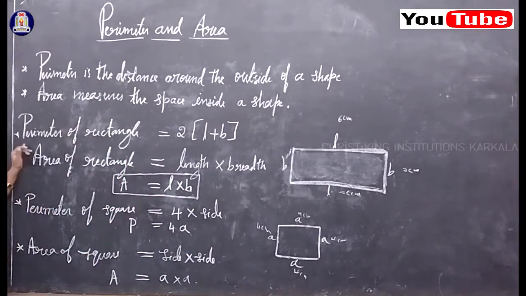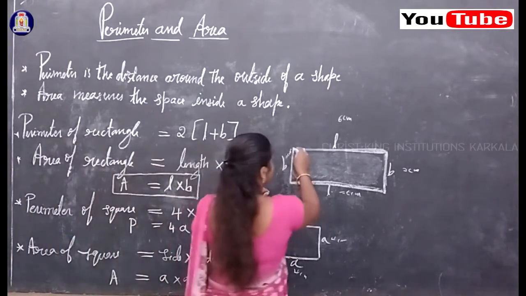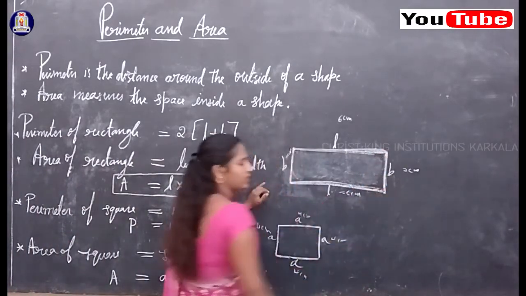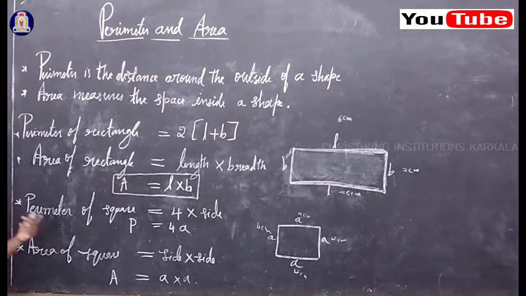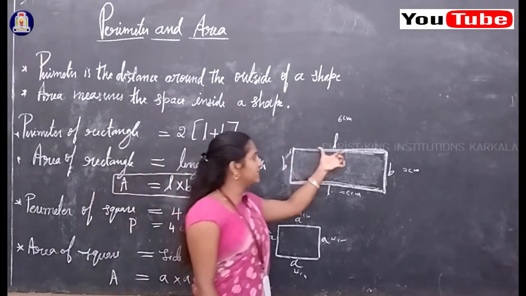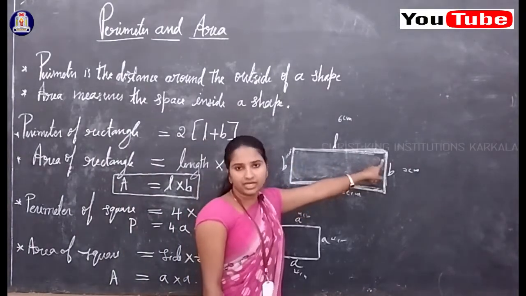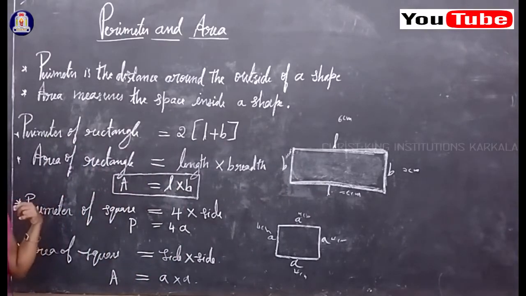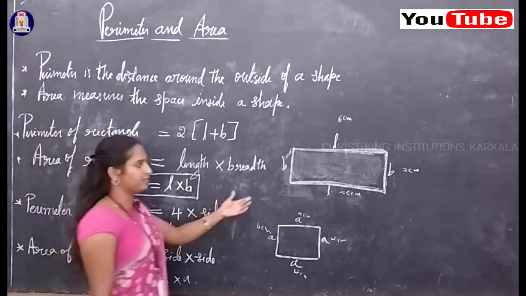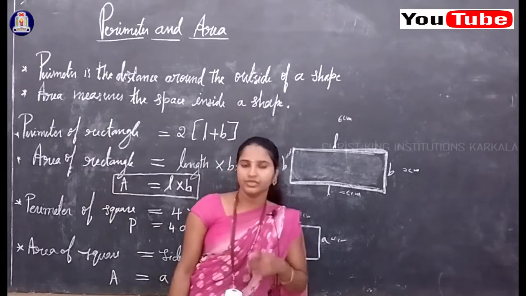So next we'll see the area of a rectangle, which has two dimensions. That means one is the length, another one is the breadth. So length into breadth. A rectangle is a two-dimensional shape. So the dimensions are, one is length, another we will consider breadth. So how to find the area of a rectangle? How much space is covered by this rectangle? How to find it?